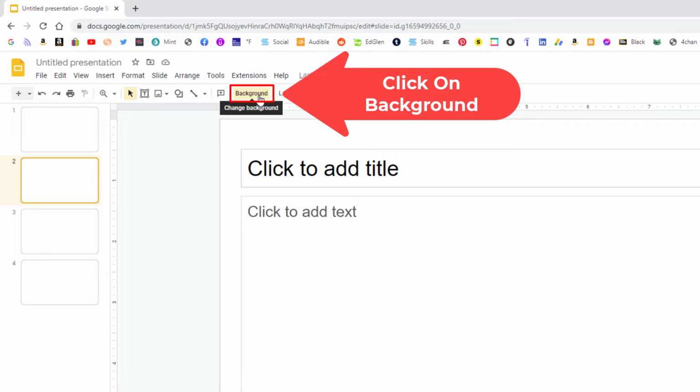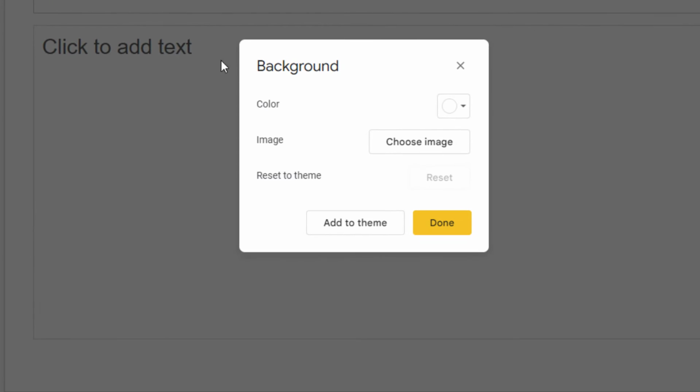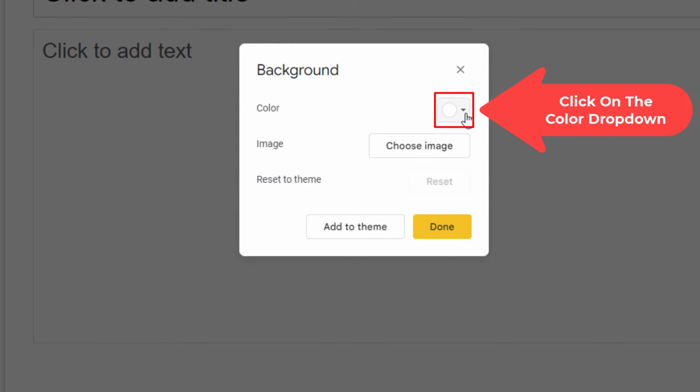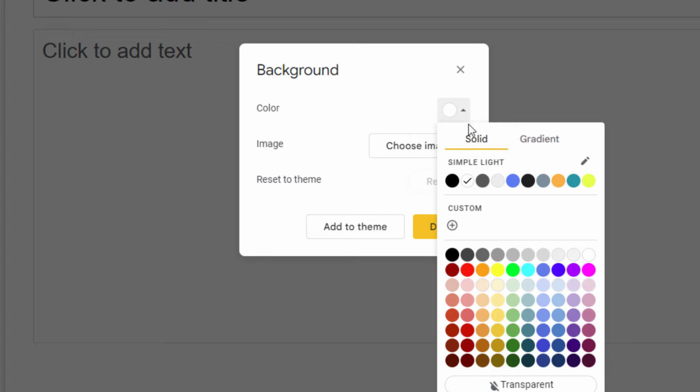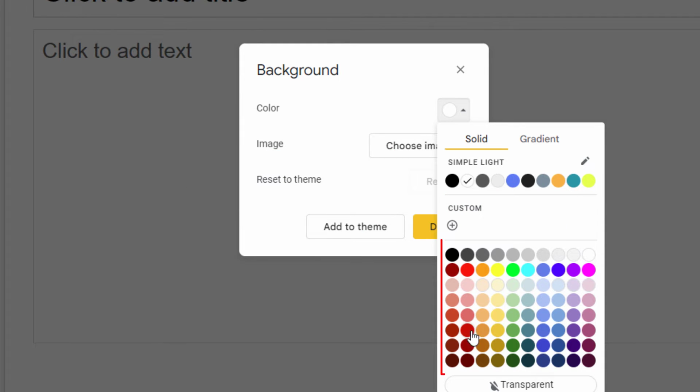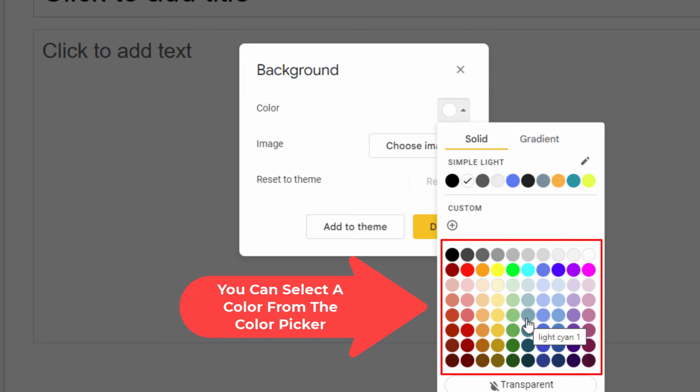click on background. Now in this dialog box that opens up here, right next to color, you want to click the little drop down over here. Now you could choose some standard colors here. You can choose from this color picker down here,